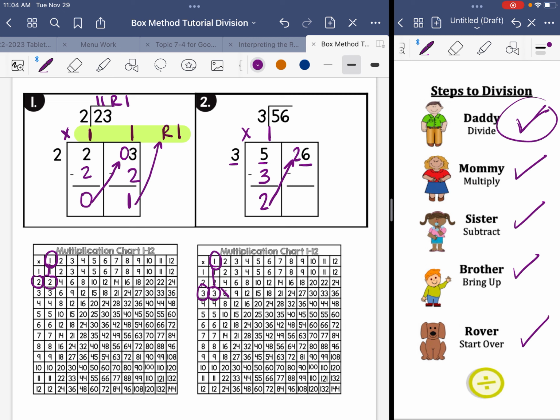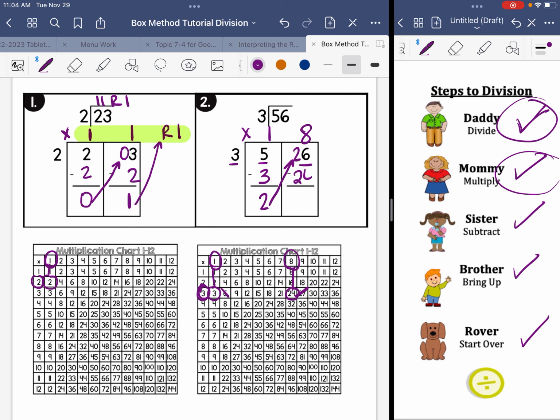So we're starting with daddy divide again. How many groups of 3 can you make with 26? Well, you go to your 3's and you go find 26 or smaller. 27's too big, so we can go with 24. How many groups is that? 8. So we put 8 on top. Now we're going to do mommy multiply. 8 times 3 is